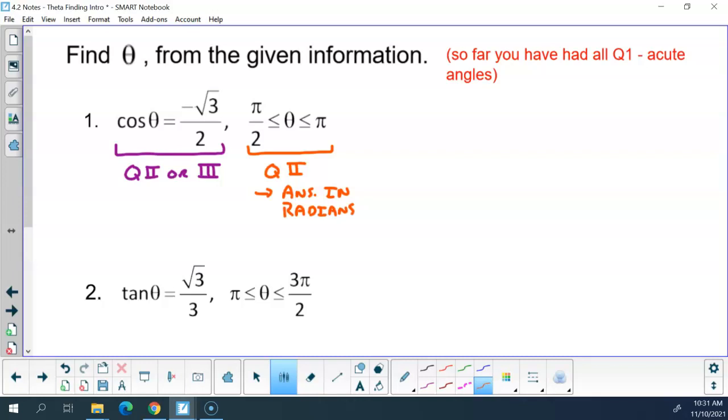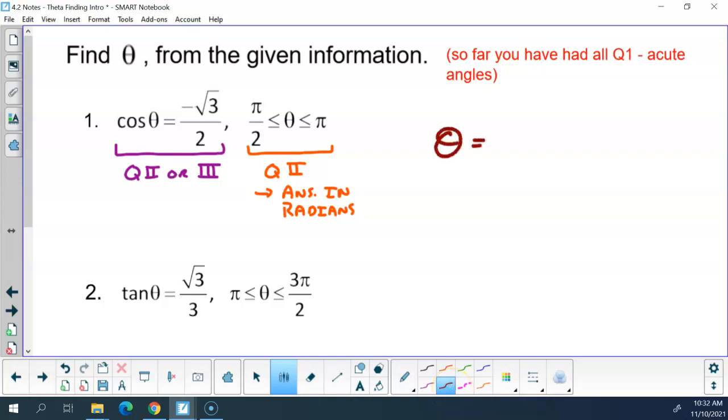Yep, exactly. So if that said between 90 and 180 degrees, then we want our answer in degrees. Okay? So each piece tells you 2 things. Okay? So where in quadrant 2, because that's the quadrant that we have to be in, where in quadrant 2 is my cosine value negative square root 3 over 2? Go ahead, Sam. 5 pi over 6. Do we agree with 5 pi over 6? 5 pi over 6. So theta